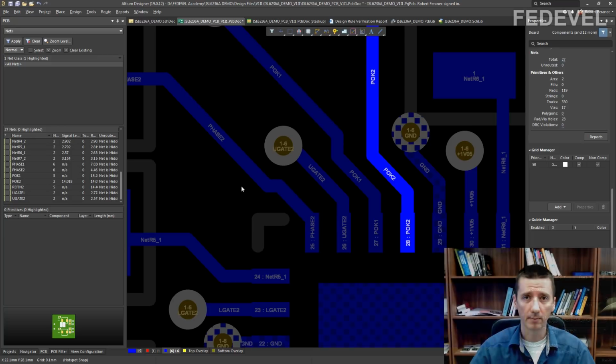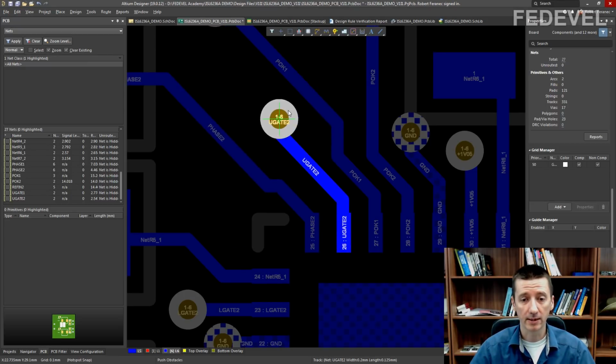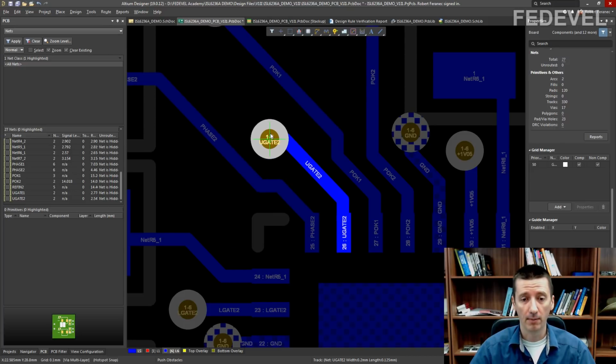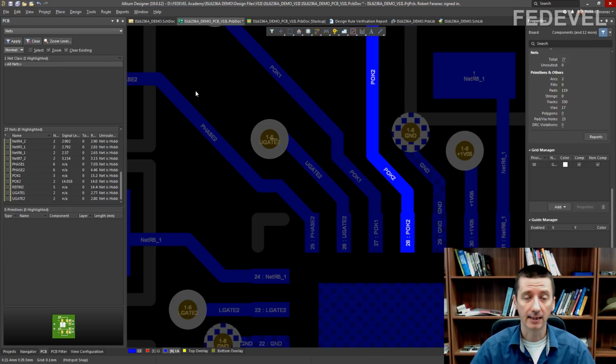Sometimes when you are moving vias, you would like to have more options. Notice, at this moment when I try to move a via, it is always connected to the track. But for example, when you are doing very high density designs, there are situations where you would like to move just the via, and then a little bit later, you will figure out how to connect this via.